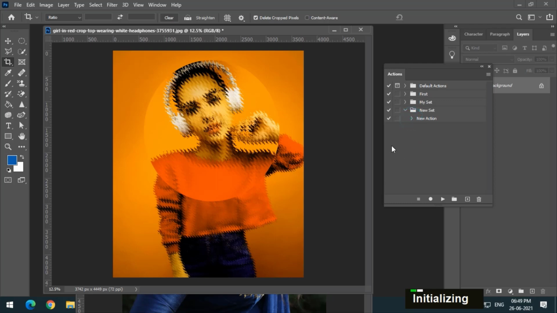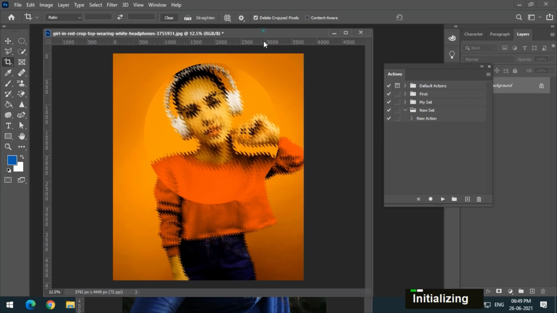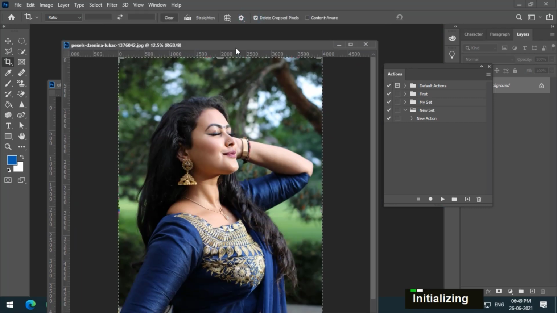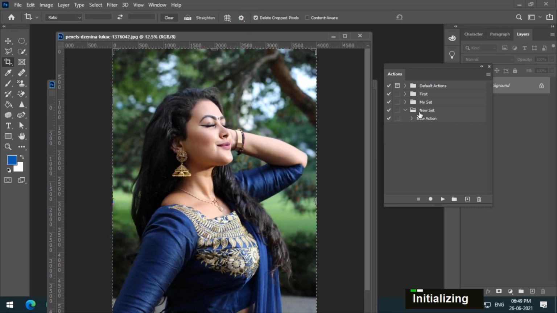So how to apply these steps to another image? It's very simple actually. This is the other image which I had already opened. I simply have to select the new action that we have created and click on the play button, which is present over here, play selection.